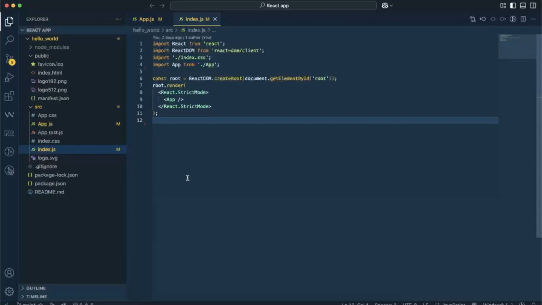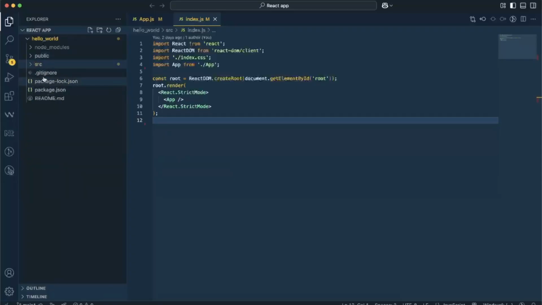At the same time, it is also really important to understand the structure of the folder, what files have been used in our basic application, and how the control flows when you start the application. I have opened the Hello World project in VS Code and you can see we have 3 folders and 4 files to begin with.